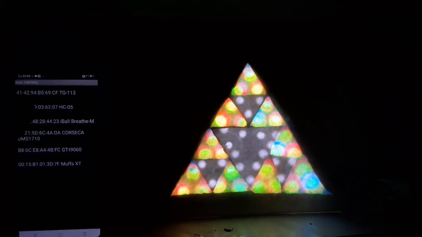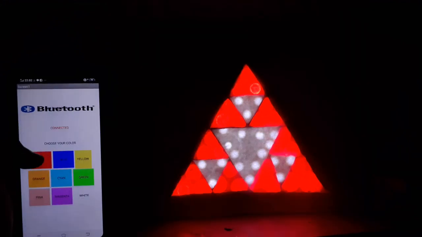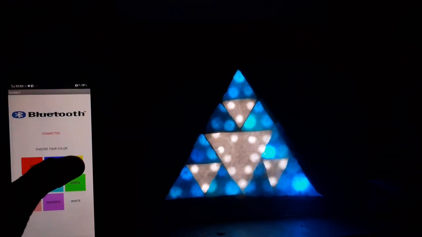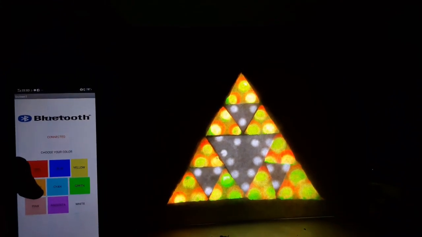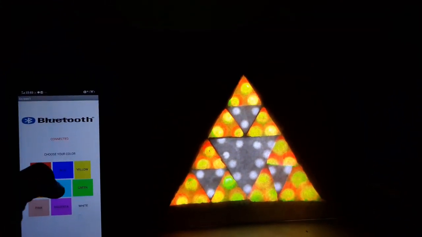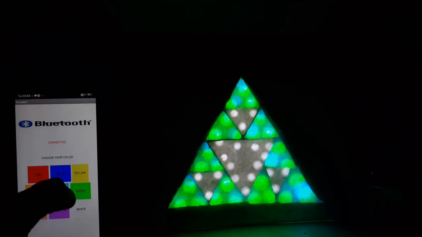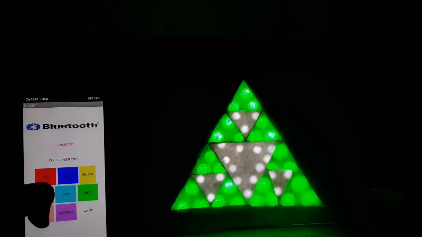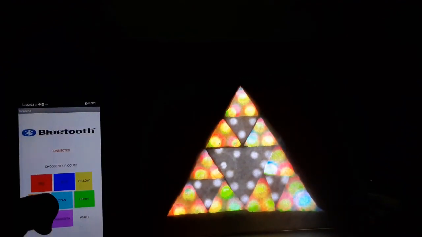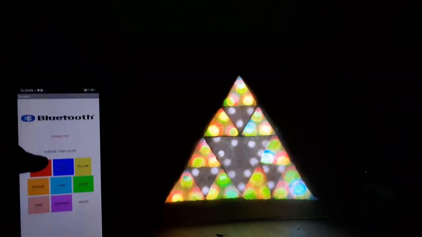Hello and welcome back. Do you want to create some custom shades with Sierpinski's triangle which just look awesome and can be controlled using your smartphone with an easy to build app? So, hang on. This video is for you and I will go through the entire process of building and controlling it using your smartphone as well as explaining to you the Sierpinski's triangle. So, let's get started.